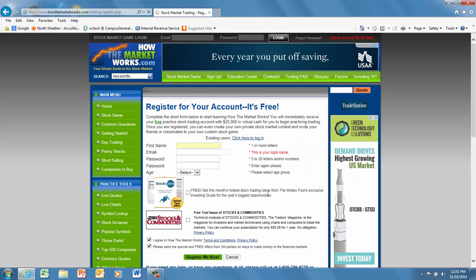And your email is what you're going to use as your login name, and you choose your password, 5 to 20 letters. Repeat your password. Suggest what your age group is. And then you'll click down here where it says Register Me Now. Now, once you have registered,